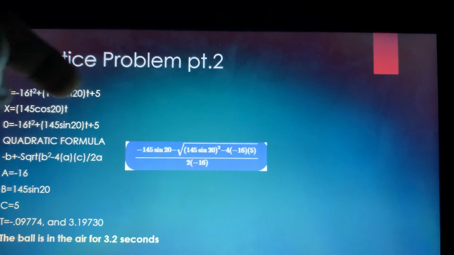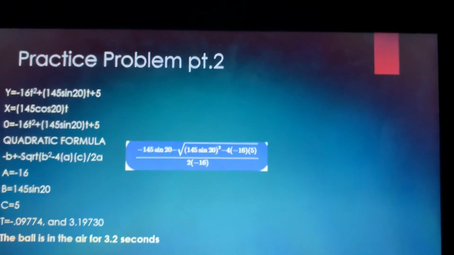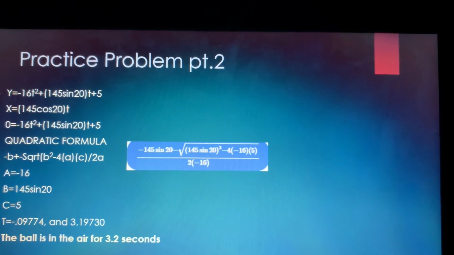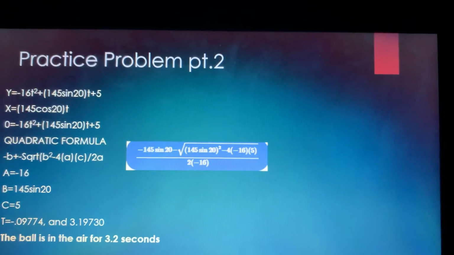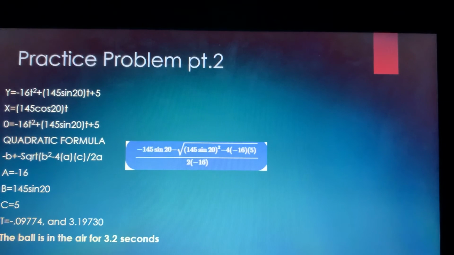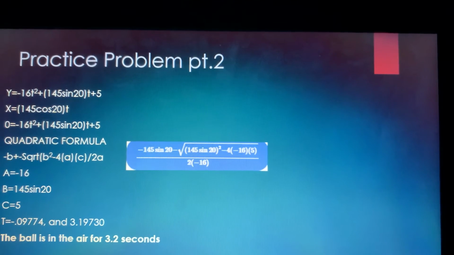Now we know that based on this, a is negative 16, b is 145 sine of 20, and c is 5. So when we substitute that in, as you see here, we get negative 145 sine of 20 minus the square root of (145 sine of 20) squared minus 4 times negative 16 times 5, all over 2 times negative 16. And you put that in the calculator, and you get t equals negative 0.09774 and